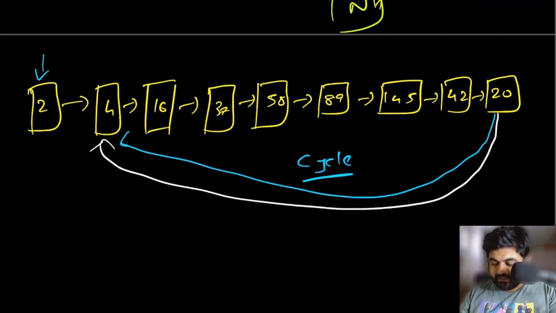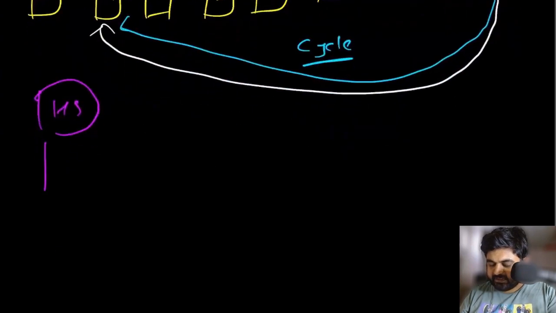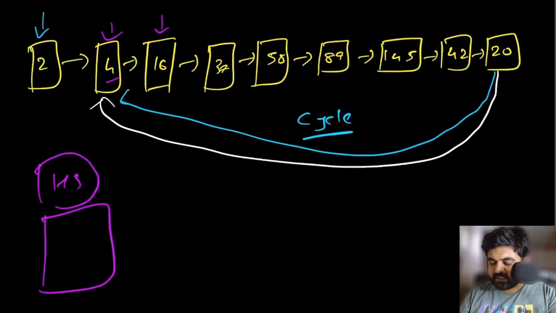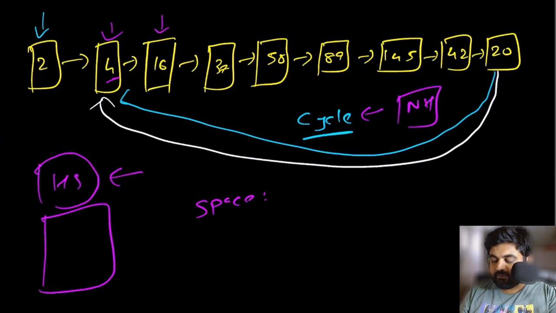First way is that we keep track of all of these values inside our hash set, and inside the hash set we see whether this value number 4 has been visited before adding that to our chain. If it has been visited, we can clearly detect that there is a cycle found, and then we can return that this is not a happy number immediately because we identify a cycle. But with this hash set approach, the space complexity would end up at big O of n again. So this is not what we wanted, and we want to do something better.